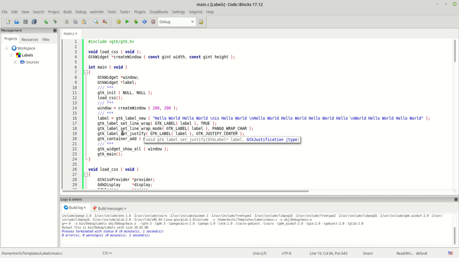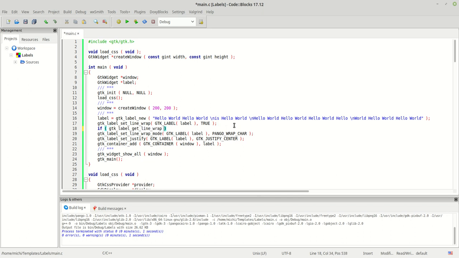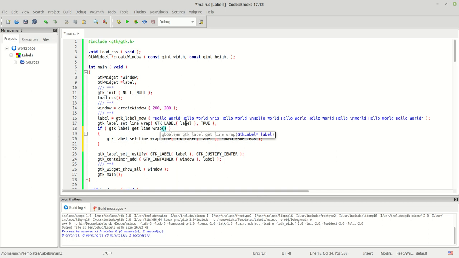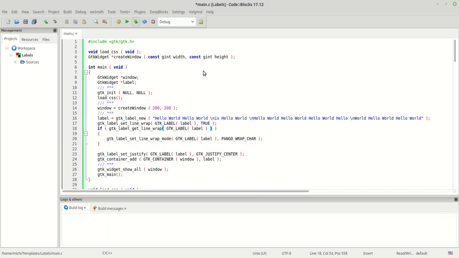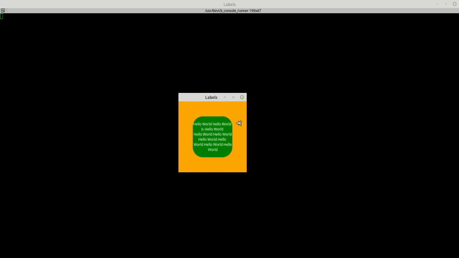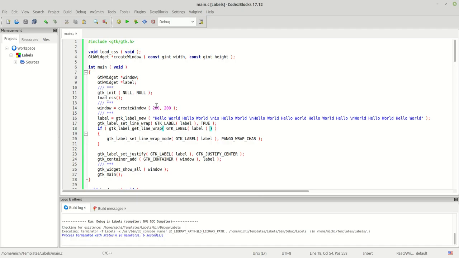more clever. For example, you remember this function said it works only if this one is true. So this means you can work with a condition like this, and this line happens 100% if and only if your GTKLabel get line wrap returns true. It will work. If not, it will not work. So let me check it to see for sure. If I go here, yes, it works fine. Anyway, okay, the next one is the GTKLabel get